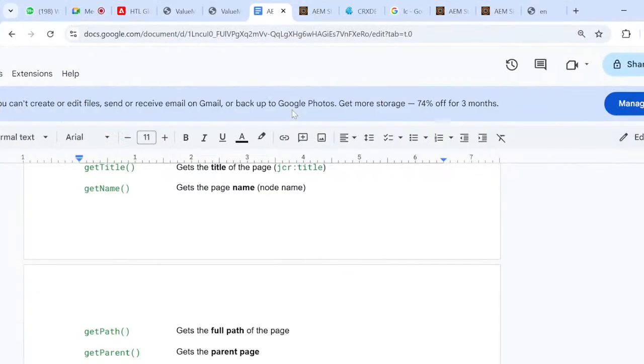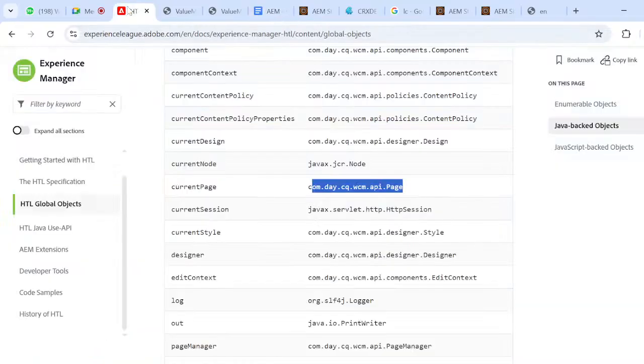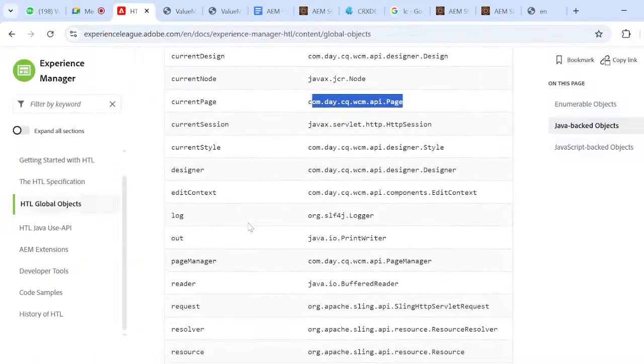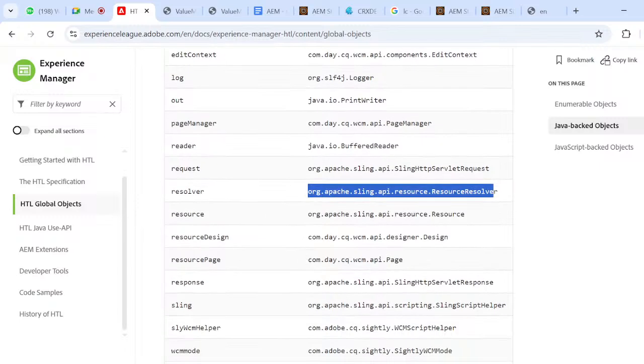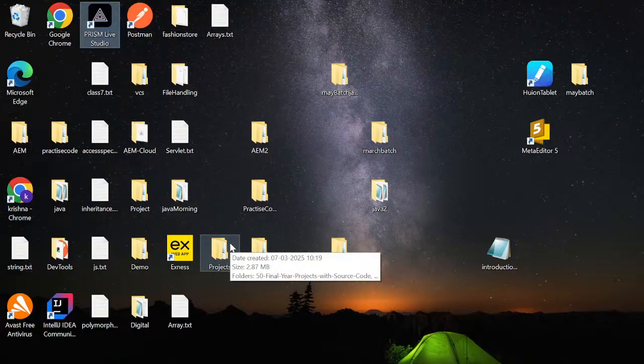If I go to there, there is a resource resolver. This is the API. With the help of this API, we can get all the nodes information. So for that, basically,